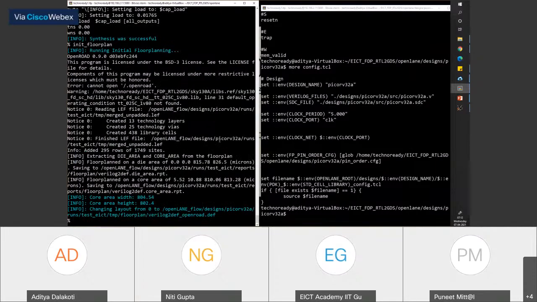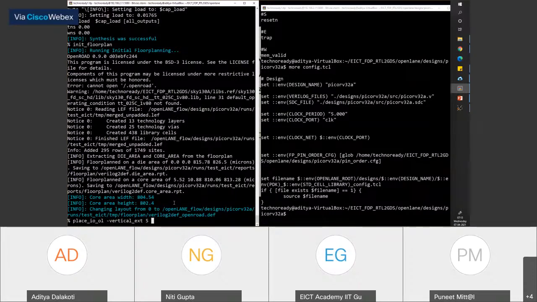Now what we do is init floor plan. Then we do place IO all, and I'm going to do a small tweak in this command. People can rerun everything at their end just for practice after exiting, or run this later. I'll still wait 5 minutes for everyone to catch up.